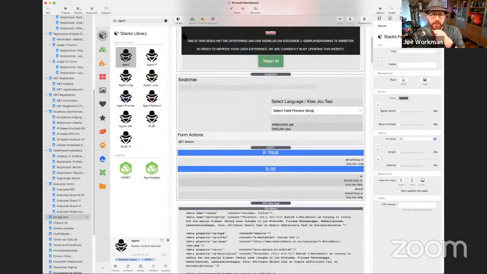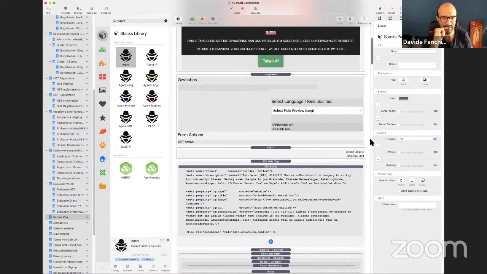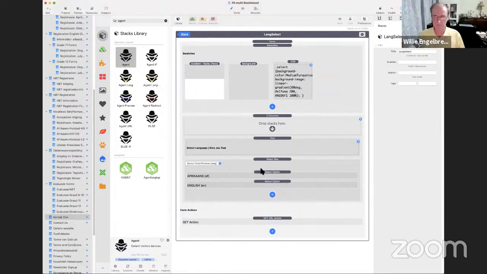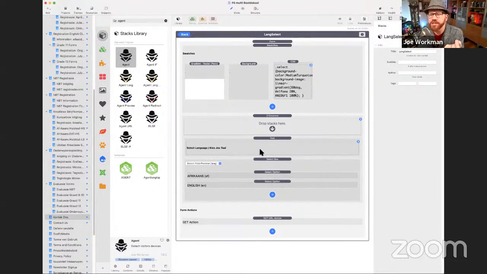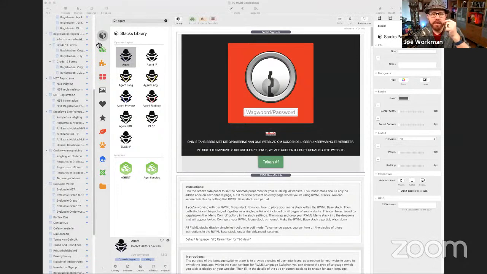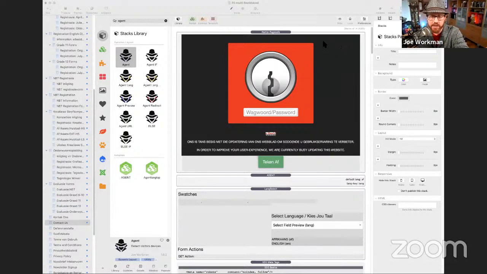Exactly. So now when you back out, okay. There we go. Before you back out, let me show you your language select. If you noticed before, in the agent lang stack, you had it saved to session default. That way agent will remember what language the person selected before, correct? Okay. But if you noticed, your form wasn't changing, right? The reason for that is when I did this simple demo a couple weeks ago on how to use this to switch languages, the URL always had the lang equals. And when agent saves that data to the session, it doesn't always add the lang equals to the URL. So what that means is in your little form, your lang select partial,